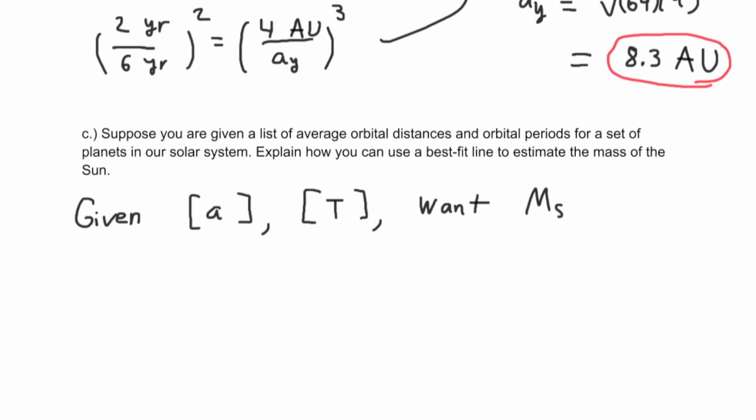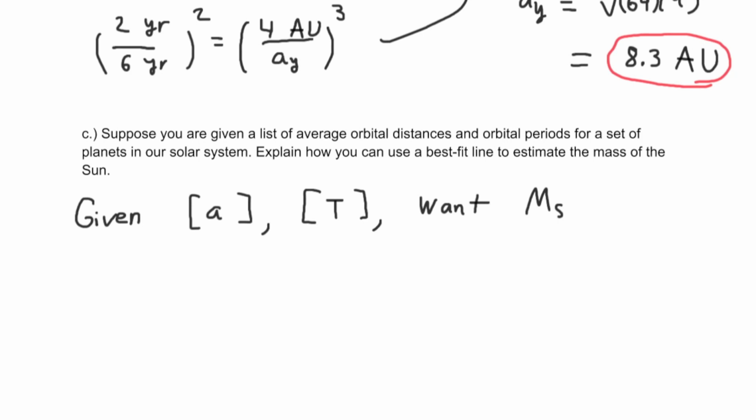So with any of these lab questions with a best fit line, it's always important to first write down the governing equation without linearizing or anything like that first. We're just going to write down an equation. So what relates these two pieces of data we have? We have A and T. So that's the third law. And in equation form,